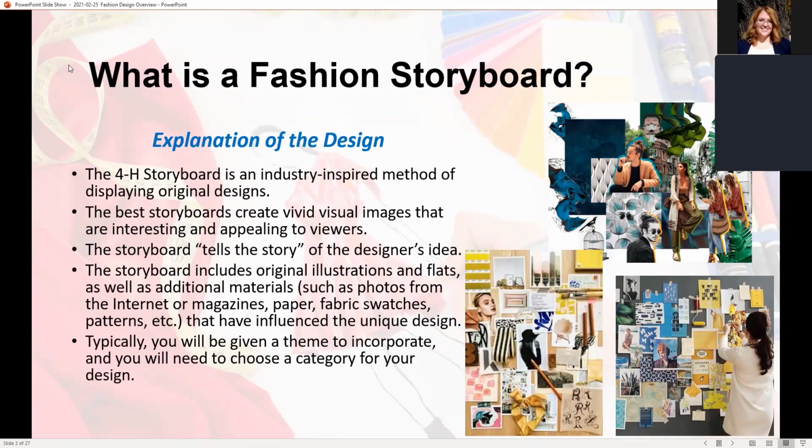Okay. So a fashion storyboard is sort of similar to what the fashion industry uses as a mood board. So there's a couple of examples on the right-hand side of the screen. And basically, it's a way to figure out what inspiration you have and then display original designs using the inspiration. So our storyboards ideally are very visually stimulating. They are very cohesive and interesting and appealing to the viewers, and sort of tell the story of how you